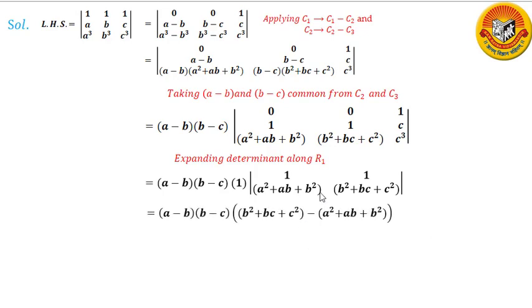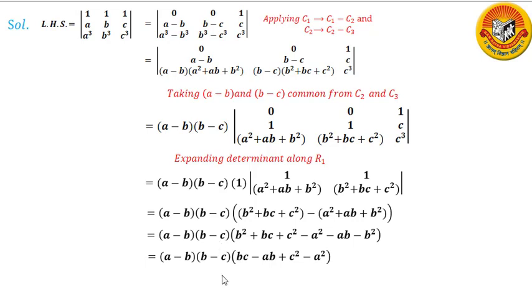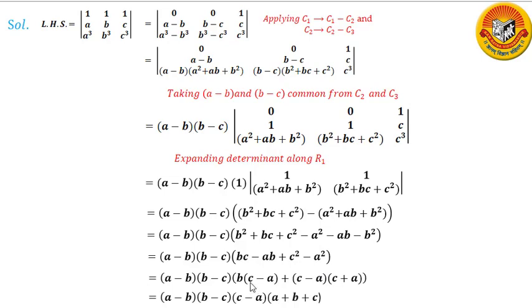Now I use the determinant, how we calculate a determinant, and simplify it. Then A minus B, B minus C is there, and in the third bracket I get C, this BC minus AB. So what I can do, I can take B common from here, and C square minus A square I can write as C minus A into C plus A. So again C minus A I can take common, and inside the bracket I have A, here I have B, and here I have C plus A, so that is A plus B plus C, right? This is what I need on the right hand side. So this is how we have proved.